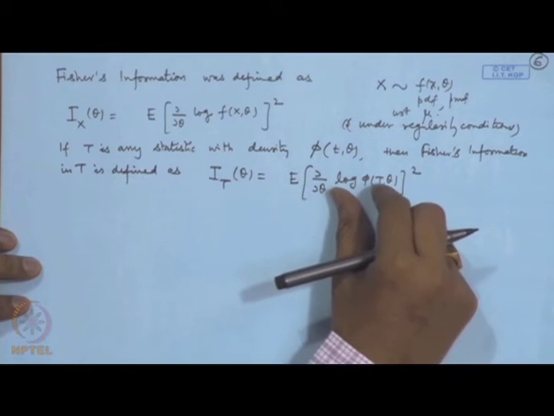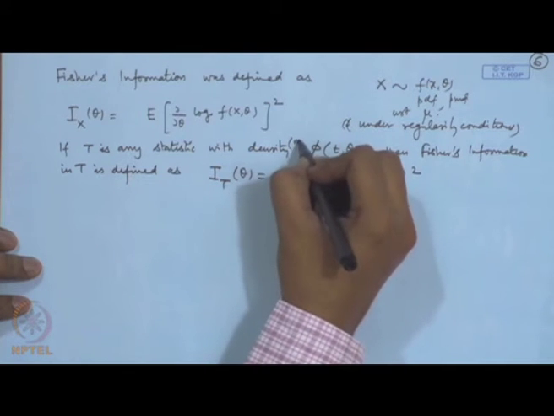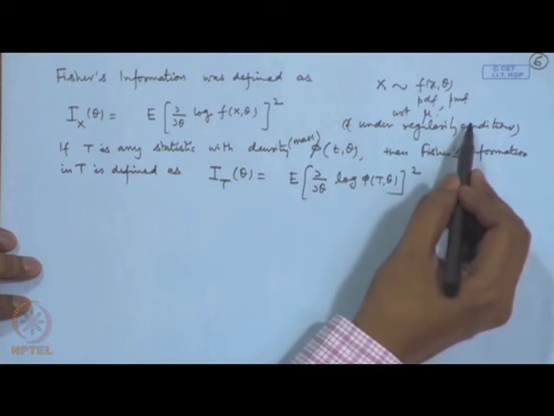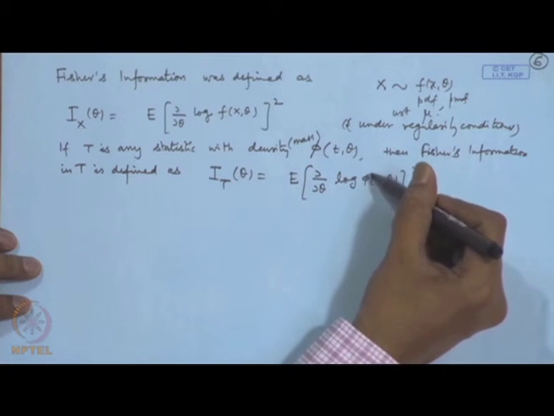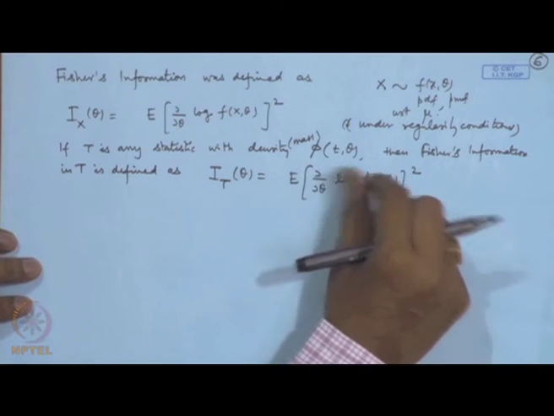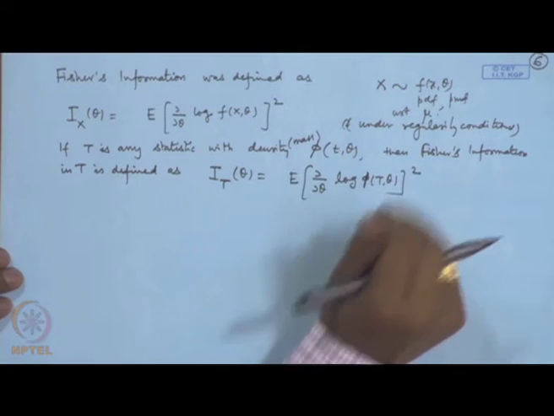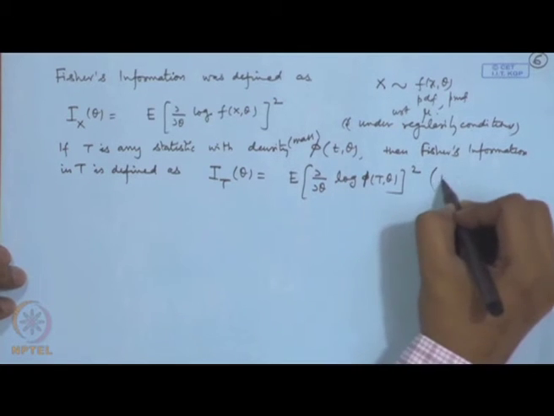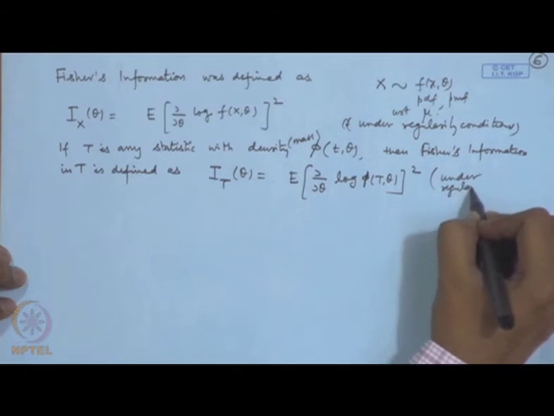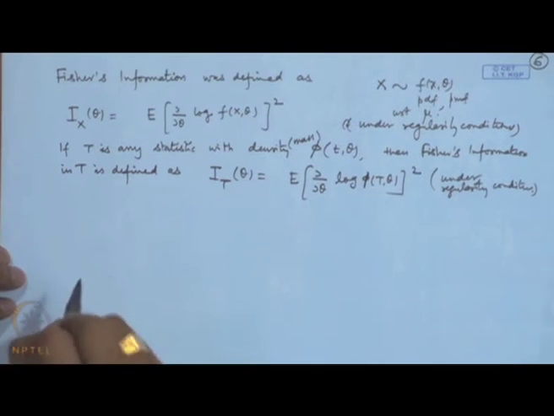Once again we are making assumptions, so this could be PDF also or PMF, and we should have the regularity conditions satisfied for phi also. That means we should be able to differentiate the density with respect to the parameter, differentiate under the integral sign. So, here also under regularity conditions being satisfied,